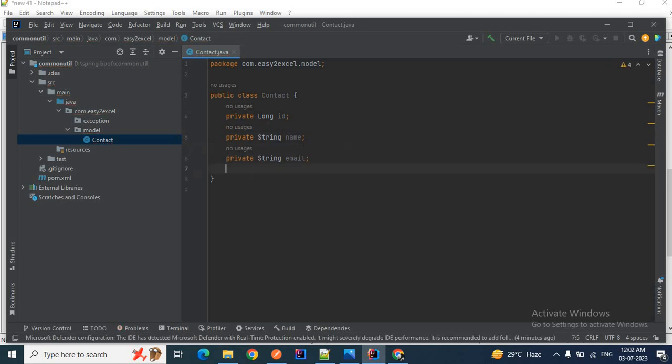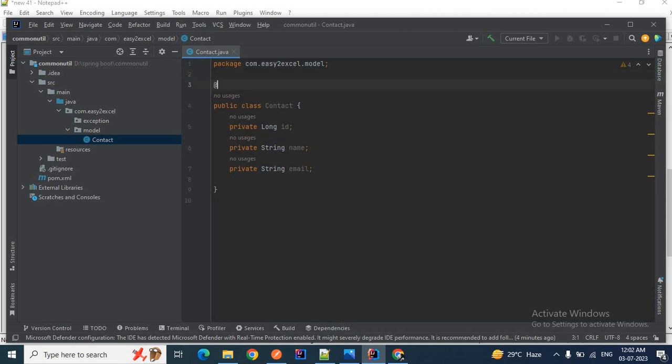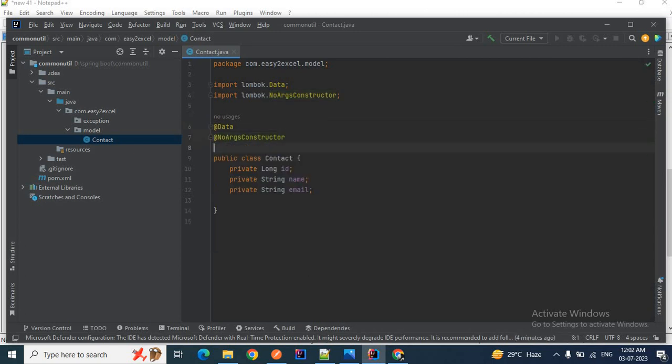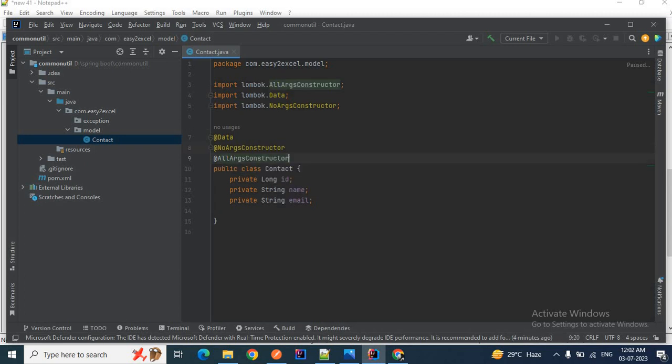Let me add these three properties and I'll add the Data annotation for the getters and setters. Then I'll add NoArgsConstructor and AllArgsConstructor. Clear? So this is my model class. I have a simple Contact model class which contains id, name and email, and I annotate this one with Data to generate the getters, setters and toString methods, then NoArgsConstructor and AllArgsConstructor. So my Contact model class is ready.